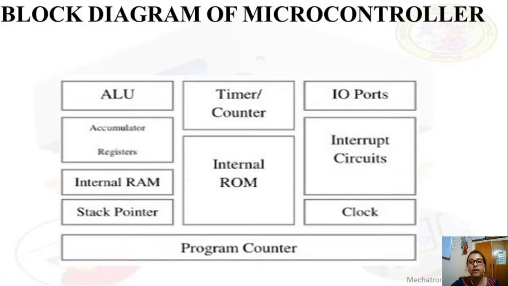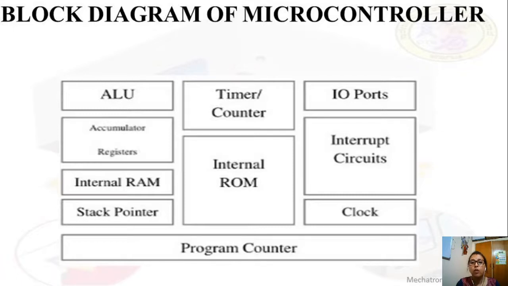This is the block diagram of a microcontroller. So in a microcontroller, in a single chip, on-chip, it has an ALU, accumulator, registers, internal RAM, internal ROM, stack pointer, clock, timers, counters, input-output ports, program counter, all this embedded in a single chip. So how much RAM, how much ROM, what type of